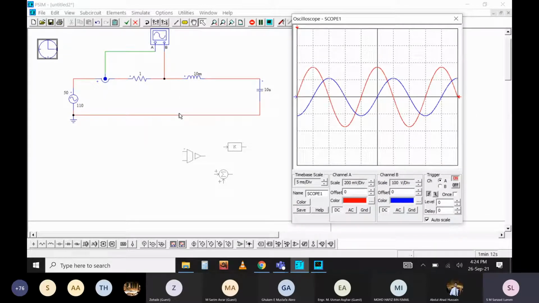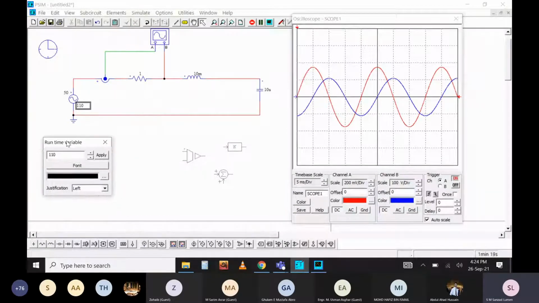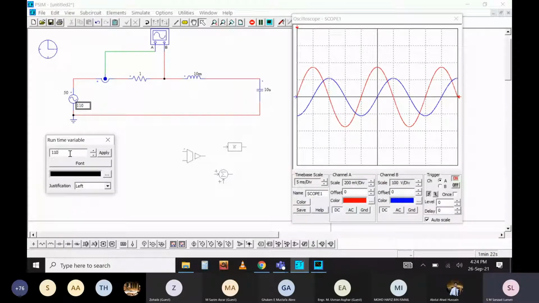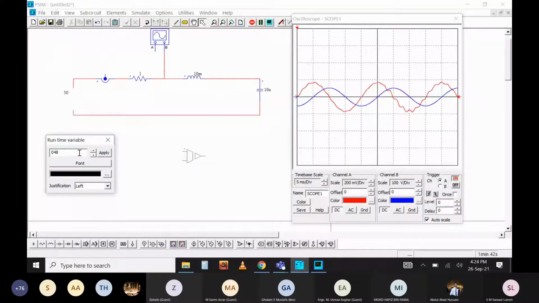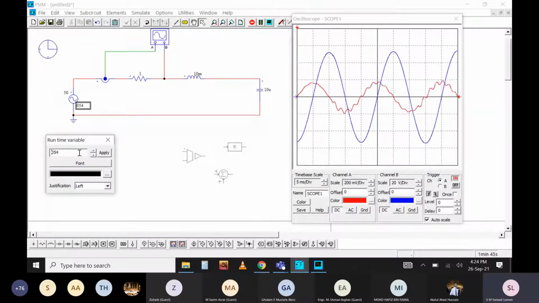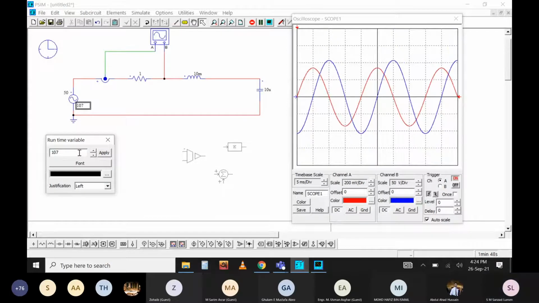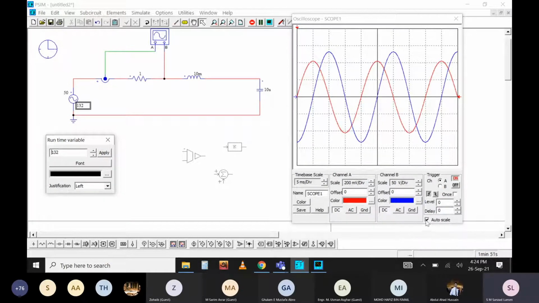Now, what is so fun about running the simulation? You can change the parameter while running the simulation. Let's see, it is 110 volt. So now you can decrease the magnitude from here, or you can simply press on the arrow button of your computer keyboard. Just arrow up, arrow down. If I go for arrow down, it will decrease the magnitude, and you can see what's the reference. I'm decreasing the voltage. Now I'm increasing the voltage. As the oscilloscope has been set in the auto scale, so you don't need to worry about anything else. It will automatically adjust the window for you.